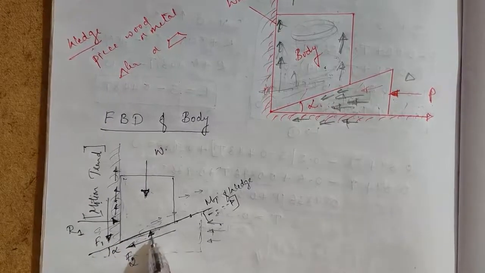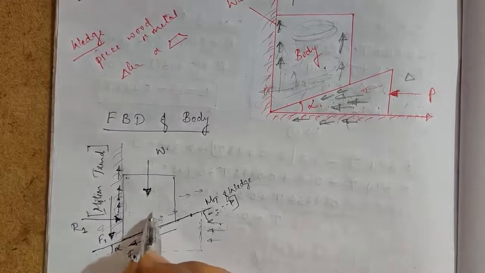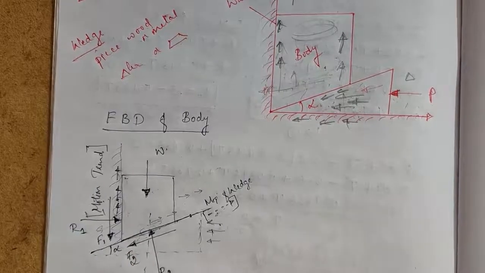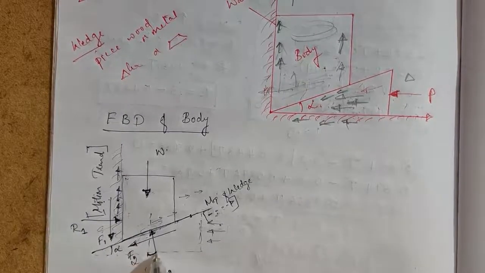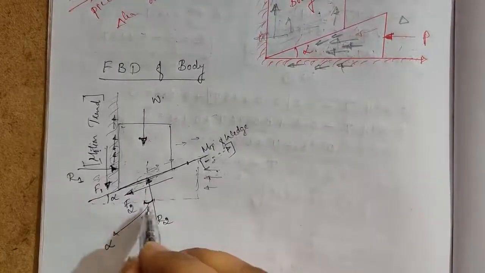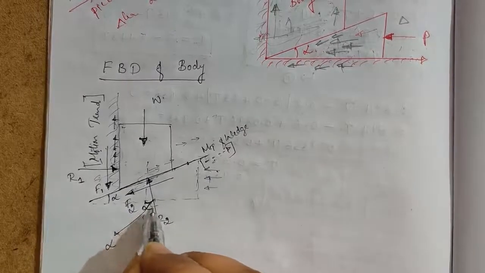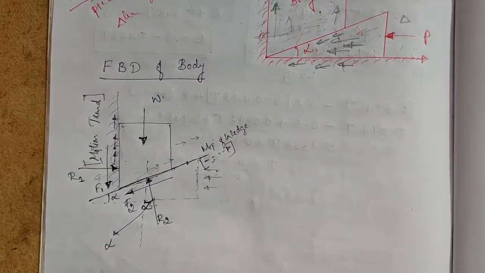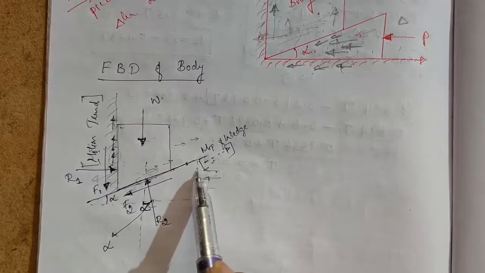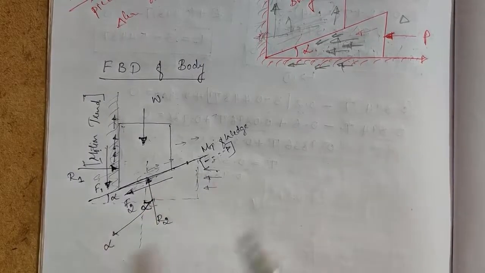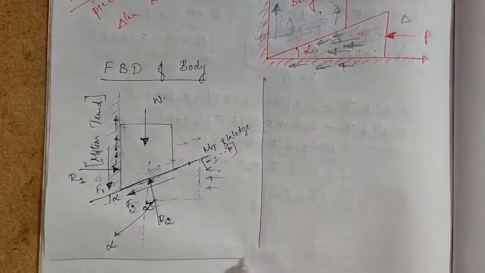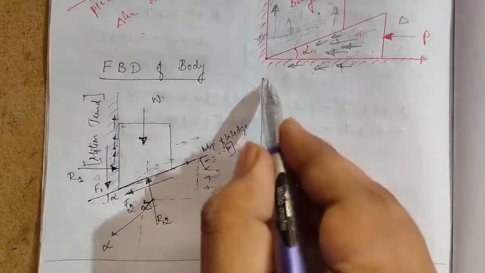This R2 is normal to this surface, so whenever I take a vertical at that point, what is this angle? In the note I have written this angle will be alpha. Fine. So whenever a wedge problem is given, and your body is given, we have to imagine the live process of the body, so that it's easy to find where the friction works, where the friction applies.